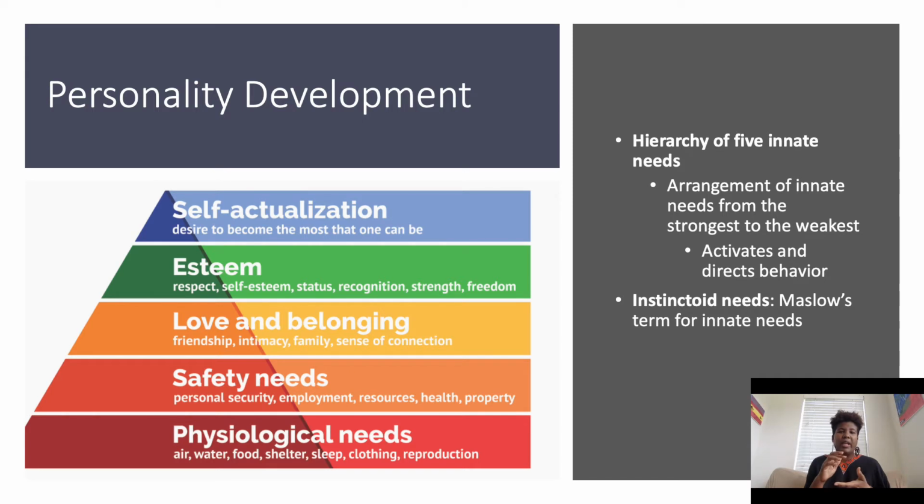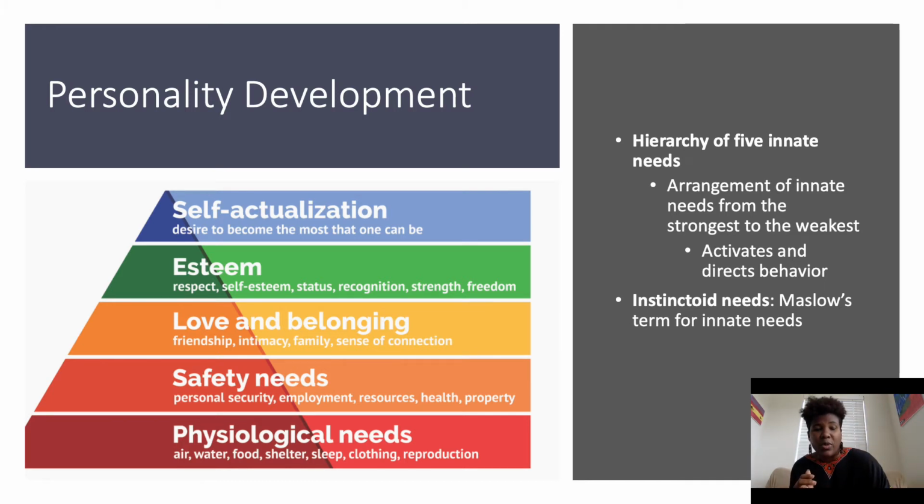So it does play a significant role in one's psyche and one's wellness. And so the next one will be love and belonging: friendship, intimacy, family, sense of connection. I'm not sure if you're seeing a pattern here with what I have been talking about, the racial disparities, right, and the cultural considerations and how that can significantly impact one's mental wellness, our holistic wellness. And so now, according to Maslow,